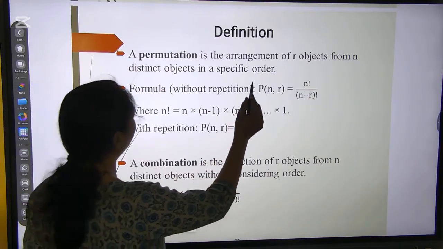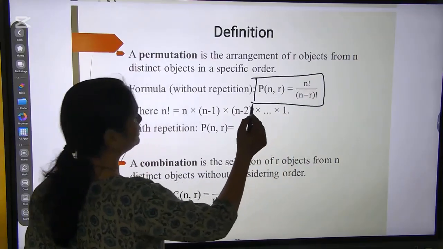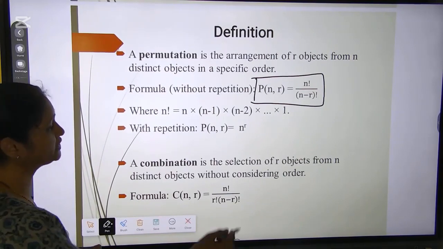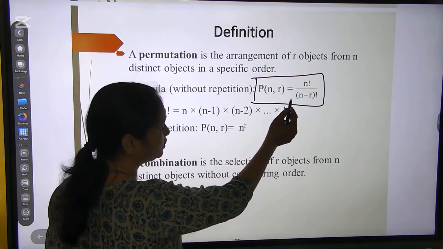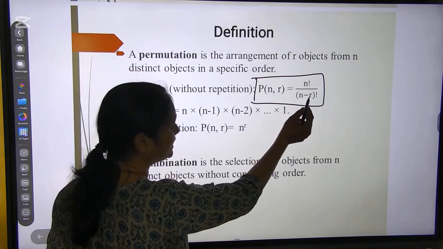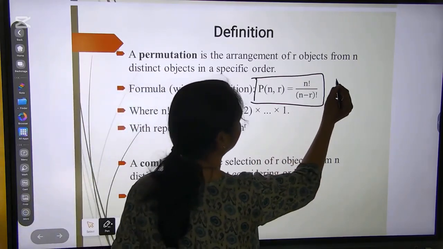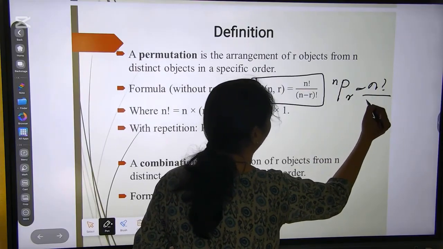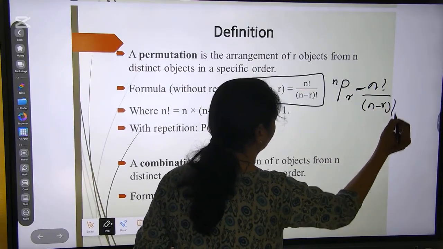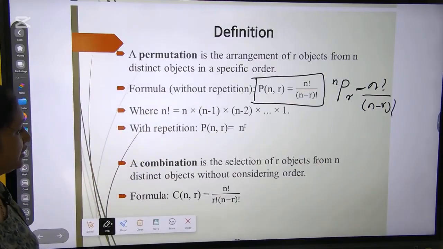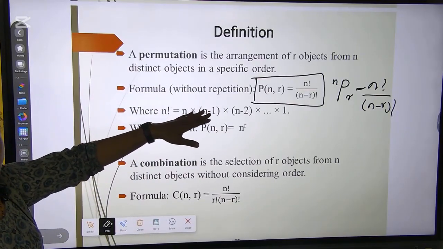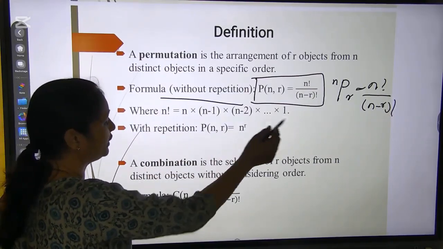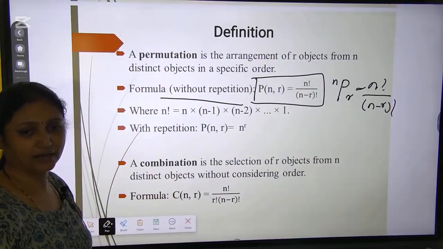So this is the formula to arrange the objects. P is for permutation. So permutations of n objects taking r at a time. The formula is n factorial upon n minus r factorial. We can write it as nPr equals n factorial upon n minus r factorial. This is the permutation, and it is for not repeating the elements. So without repetition we can use this formula,